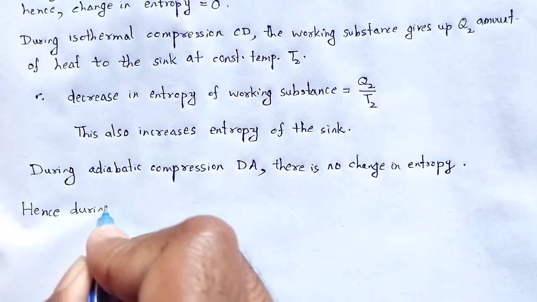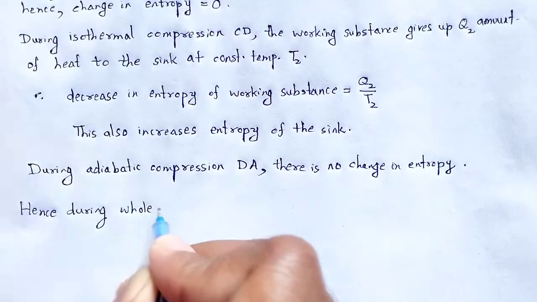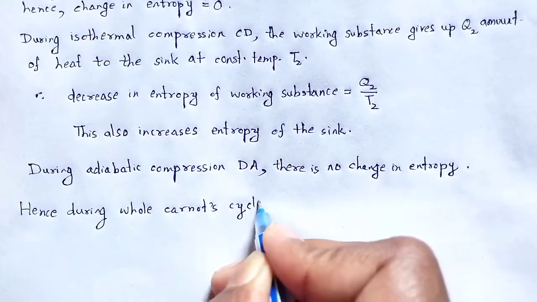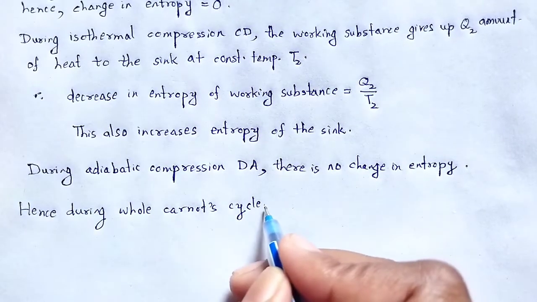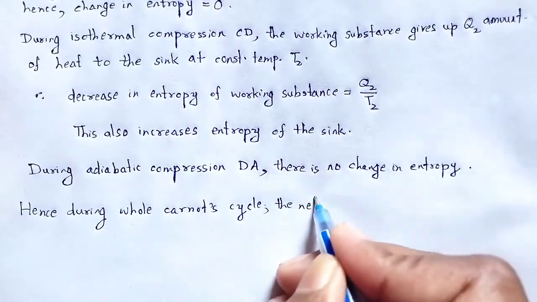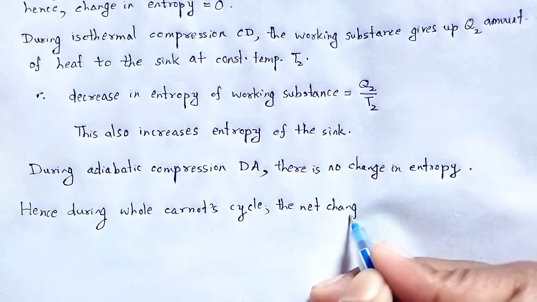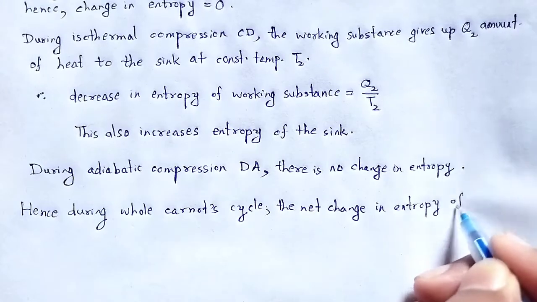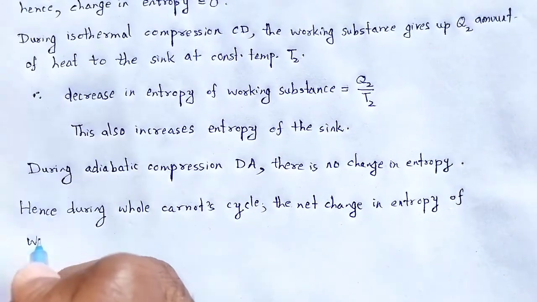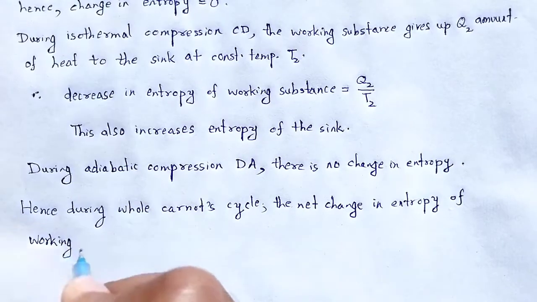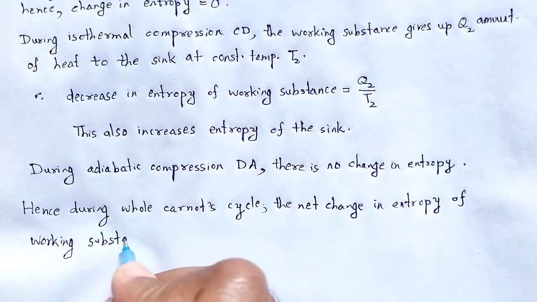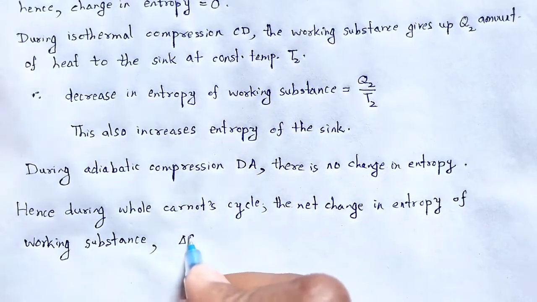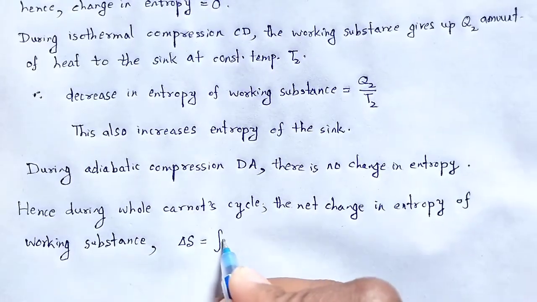It will be the net change in entropy of the working substance, that is del S, equal to the closed curve integration over